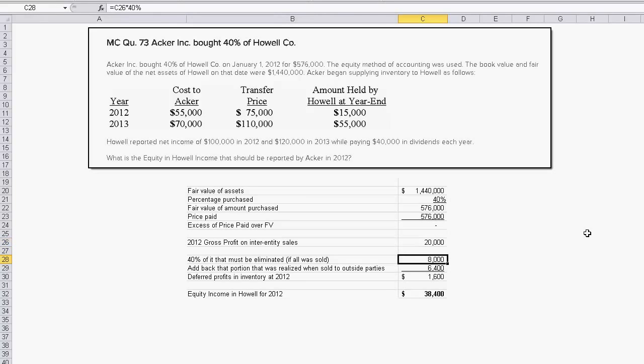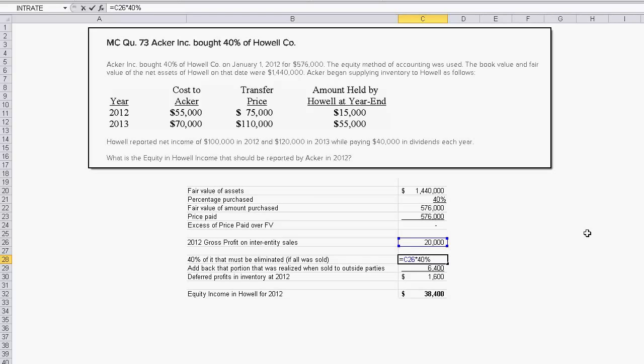Now, if all of it was sold during the year, and this is how I think about it, if all of it was sold by the subsidiary, in other words, we transferred it to the subsidiary, and if they sold all of it to third parties, we would have to reduce that stepped up value,